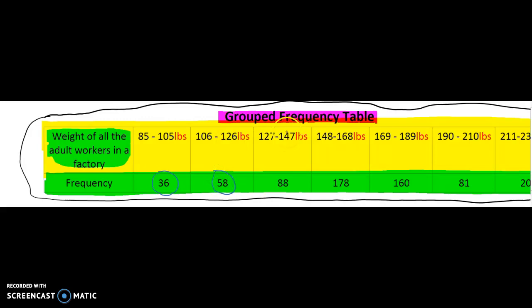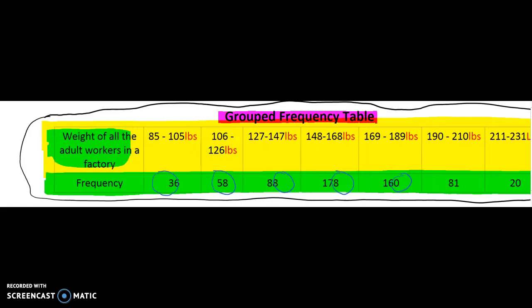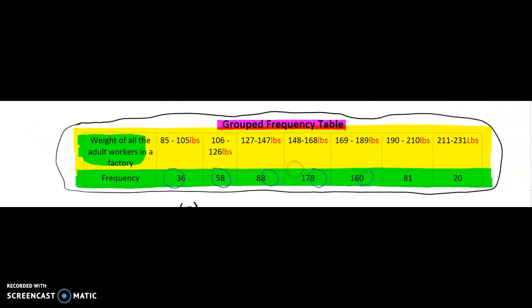Between 127 and 147 pounds we have 88 workers. Between 148 to 168 we have 178 workers, and on it goes all the way up to 231 pounds. That's where the data runs out. So if the question is, let's just zoom out a little bit. If the question is to find the